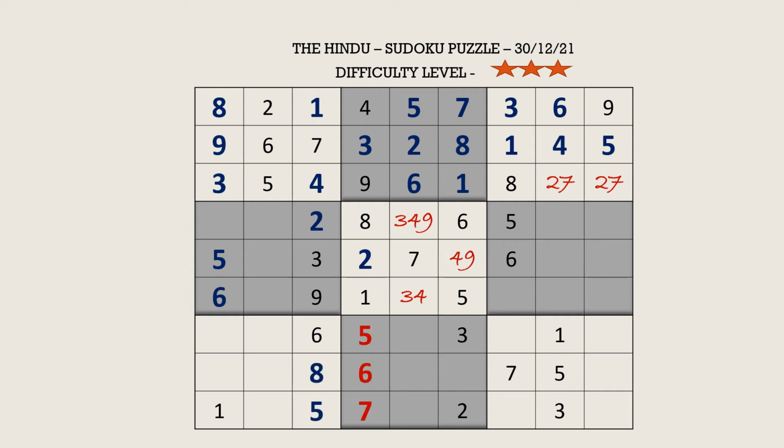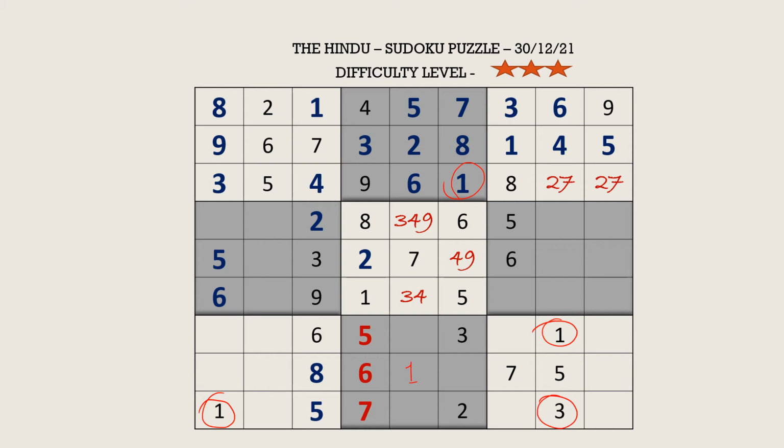We have a 1 here, a 1 here in the bottom row, and there is a 1 here. So this 1 blocks here, this 1 blocks here, this 1 blocks here. So this cell takes 1. Now we have a 3 here